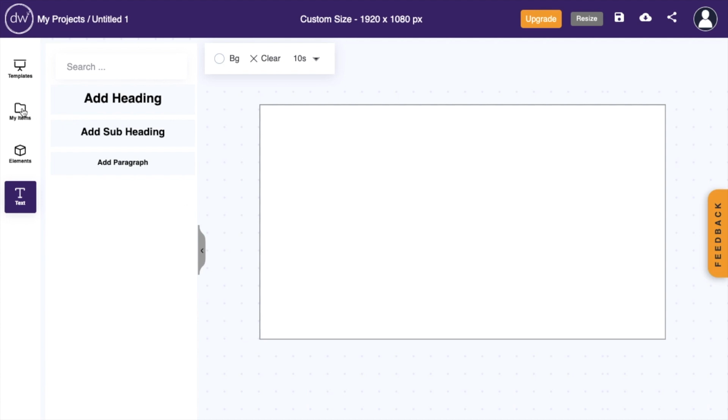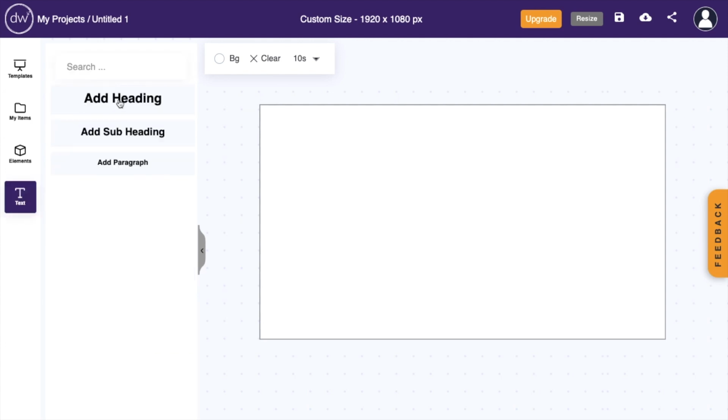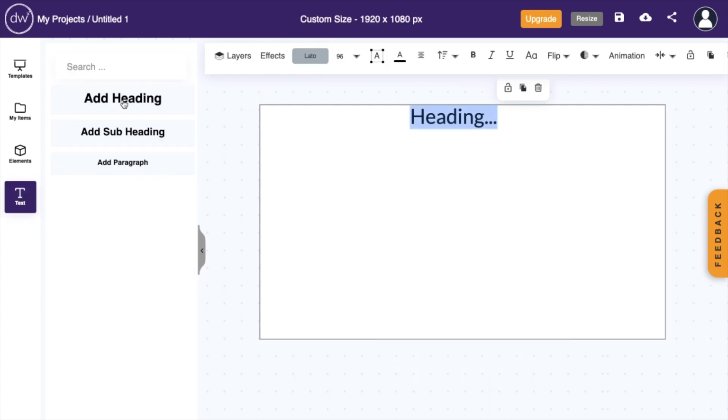So for example, if you're on the My Items tab, just go down to the bottom and press on the text option right here. I'm just going to go ahead and press on Add a Heading to add some text into your design. Now, the simplest way to do it, actually, I'll just drag this more so in the middle,